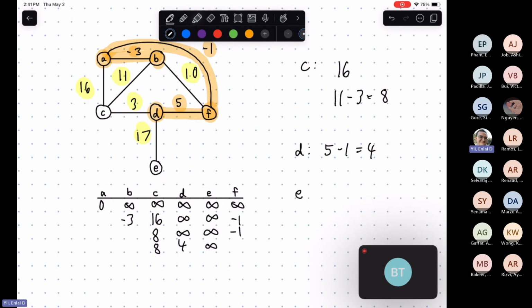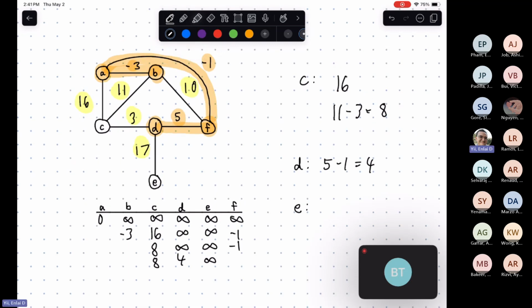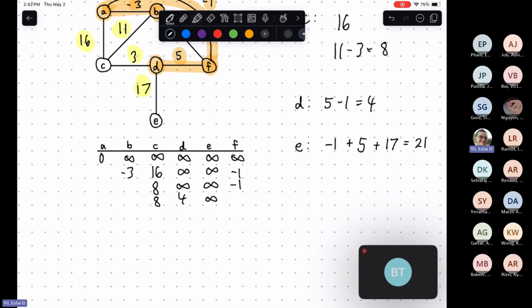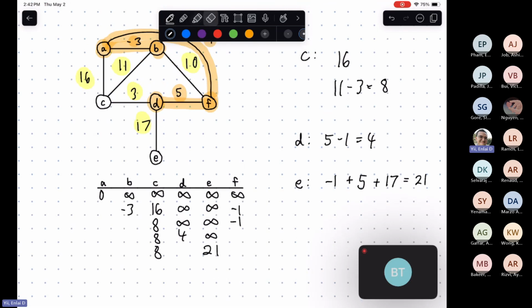So for E, let's see E's possibilities. Except 10, we have A to F to D. Actually there's only one possibility. So it's -1 plus 5 plus 17. It should be equal to 4 for this part, and 4 plus 17 should be 21. Yeah, 21. So for C, still 8, and then for E it's finally just 21. So comparing it again, 8 is smaller. So let's choose